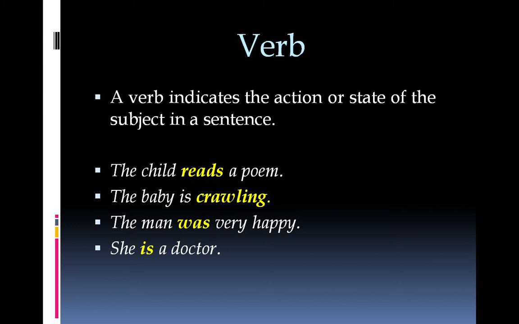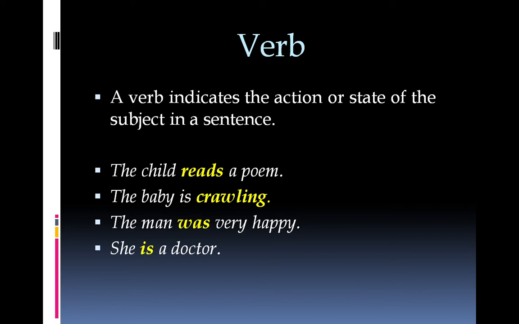Reads and crawling are different. They indicate the action of the subject. And there is a difference between these two as well. Reads and crawling have a mutual difference as well. Look at them carefully. Reads has got an object. Crawling is without an object. Reads is a transitive verb and crawling is an intransitive verb. The action verbs in English language are of two major types, transitive and intransitive. A transitive verb requires an object to make complete sense and an intransitive verb can make complete sense without an object.